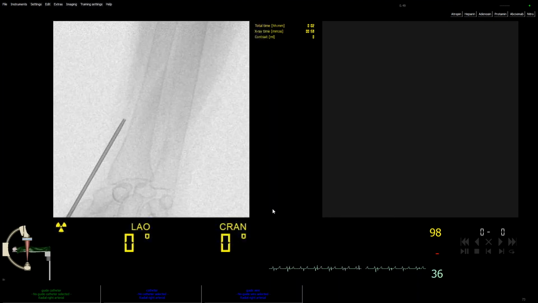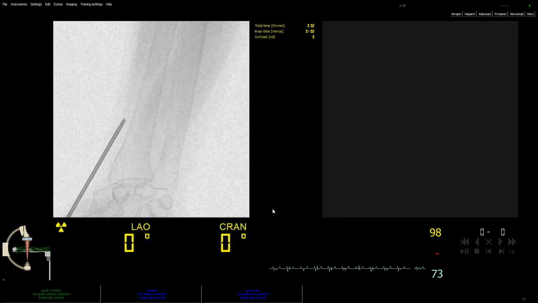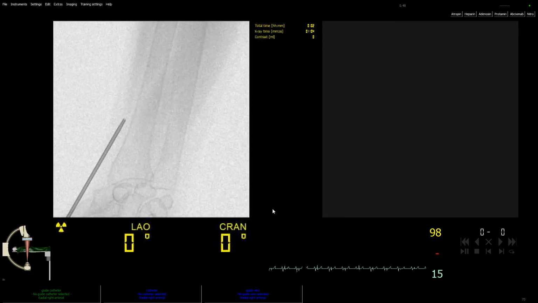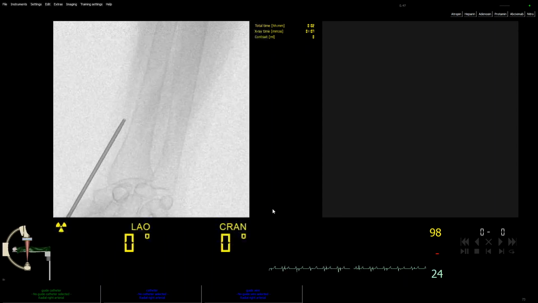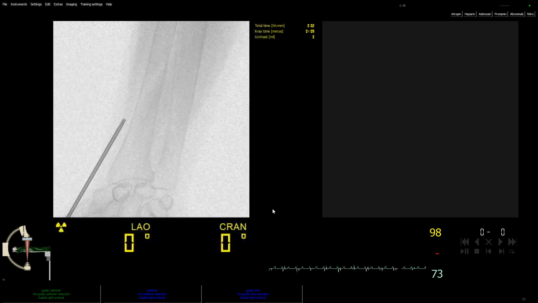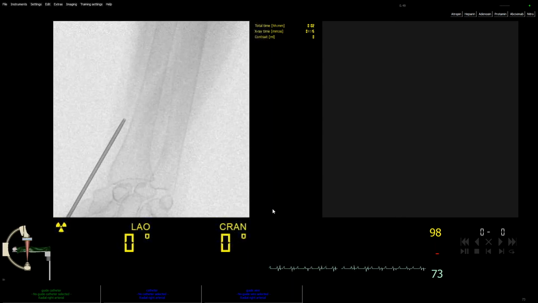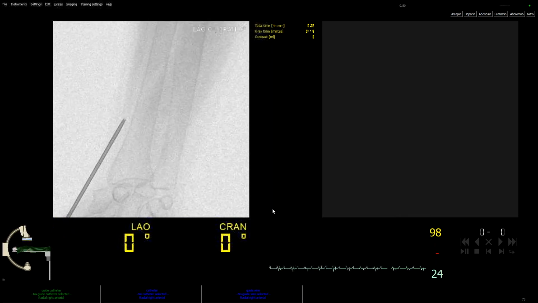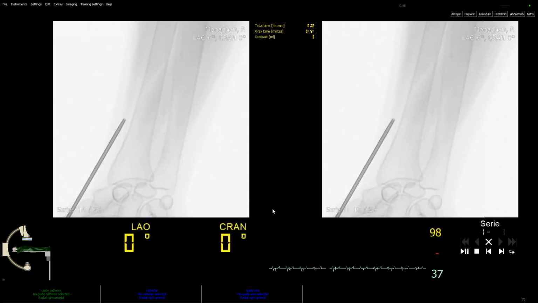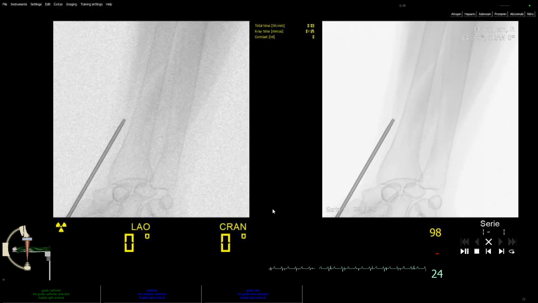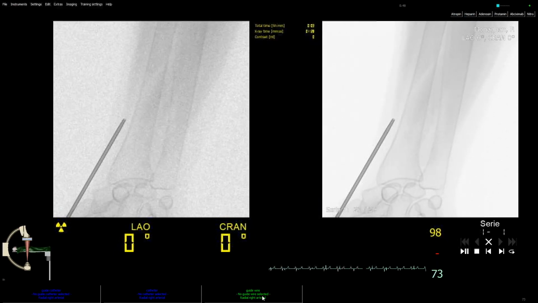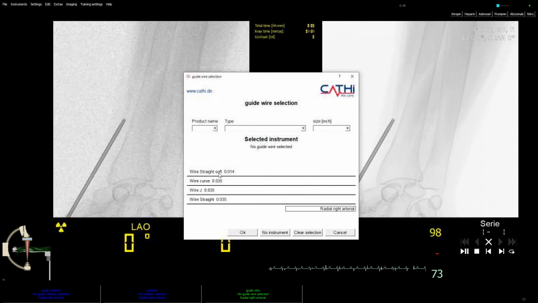You can see now here we have two monitors, one on the left and one on the right. The left one is where you have live, and once you apply the x-ray, you can see everything on the left side. On the right side, this is for documentation, or what we call the cine loop. So once you press on the right and the foot pedal, you can get it here just for documentation, for your reference. So now after that, Ahmed will choose, yeah, you already chose the right radial artery,